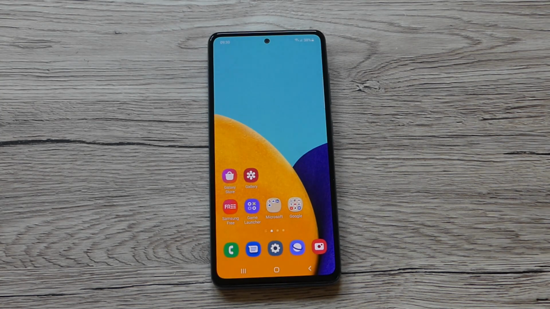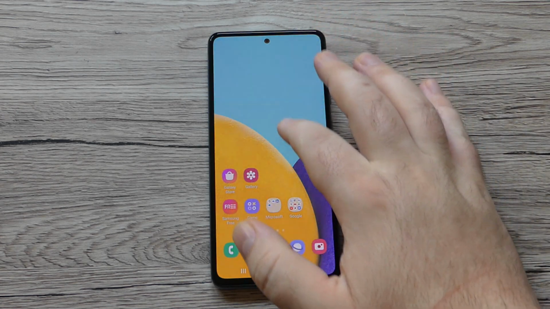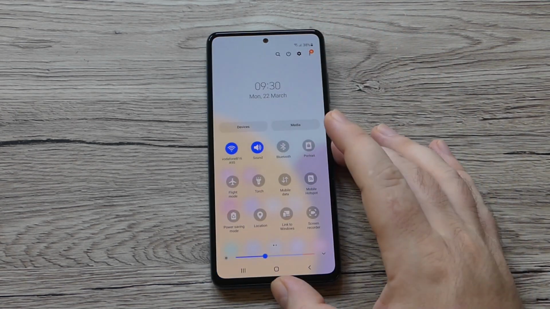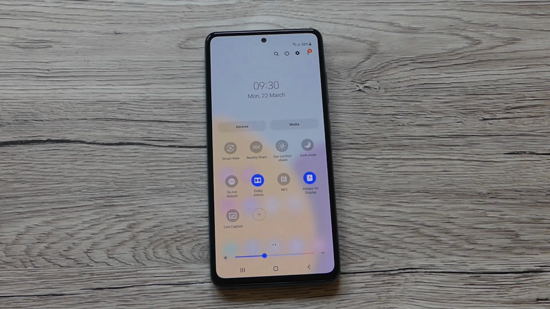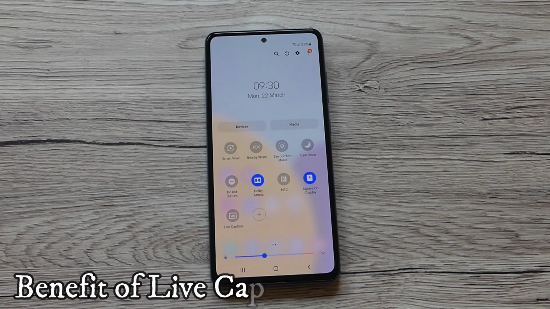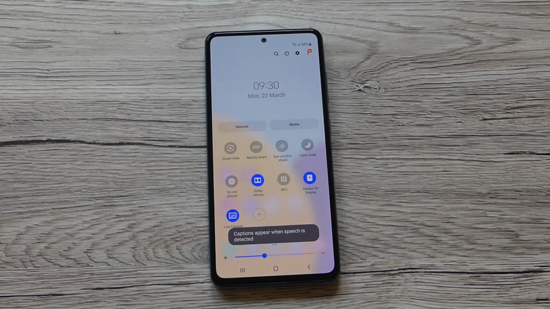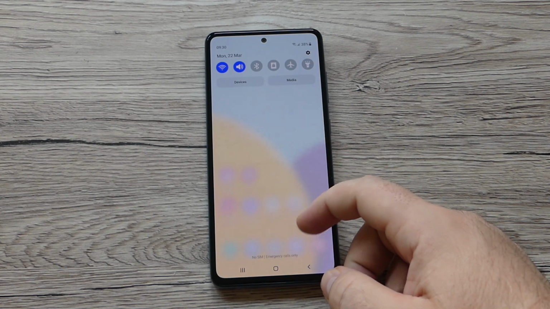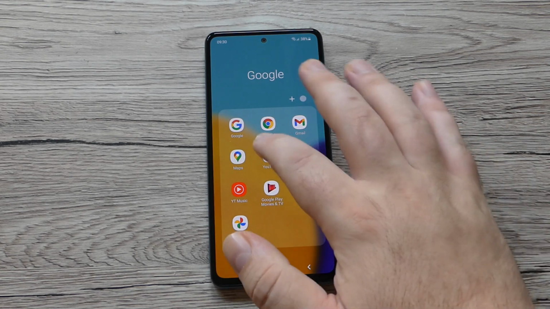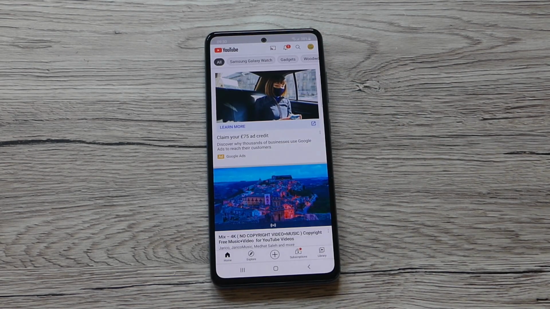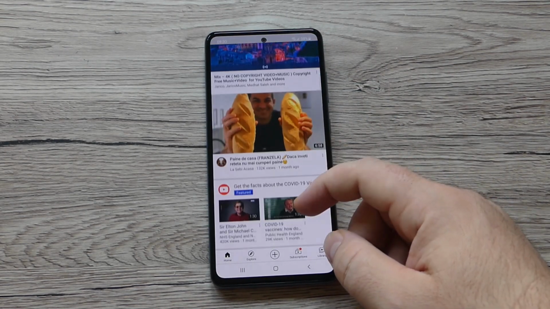And from software update, let's go a bit and swipe down and try to find live captions, because this is another cool feature. Tap it once, and now when somebody is speaking, it's going to detect and it's going to translate that. Even if you are on Facebook or even on YouTube, let's go on YouTube for example, try and find a video, and yeah, let's say